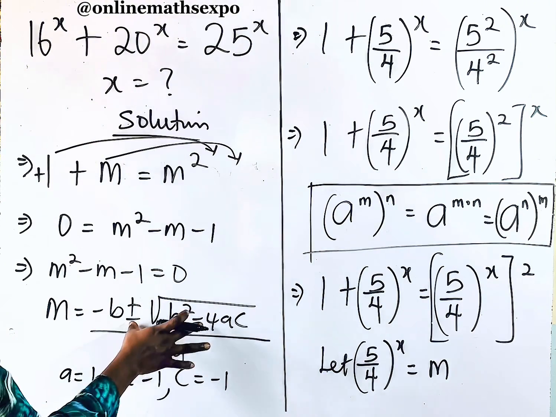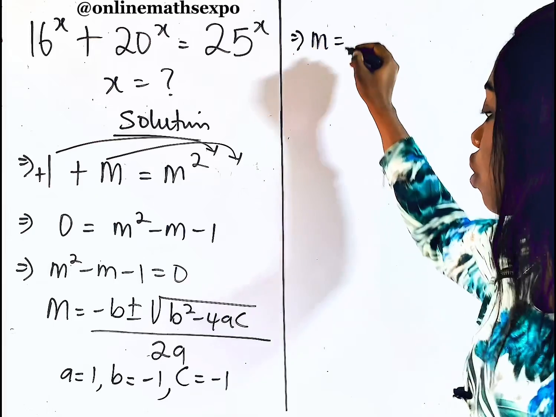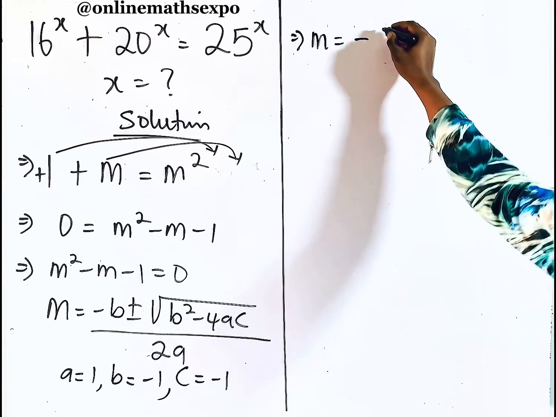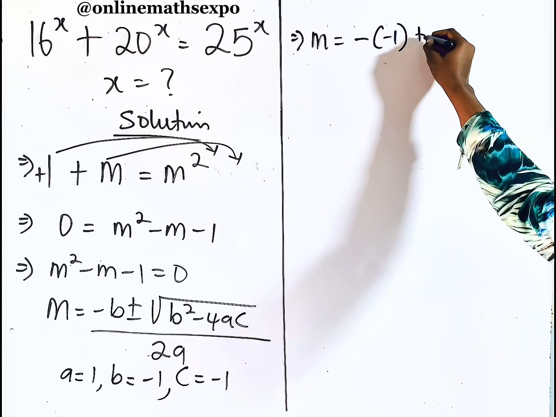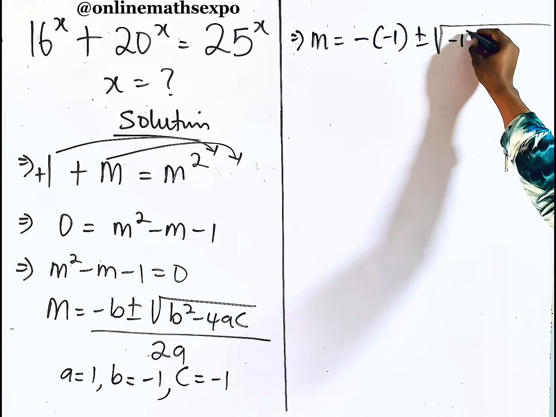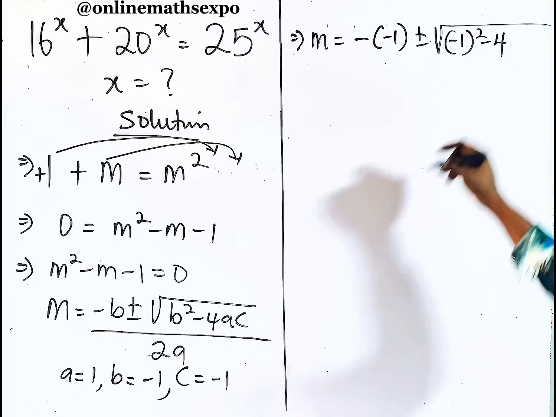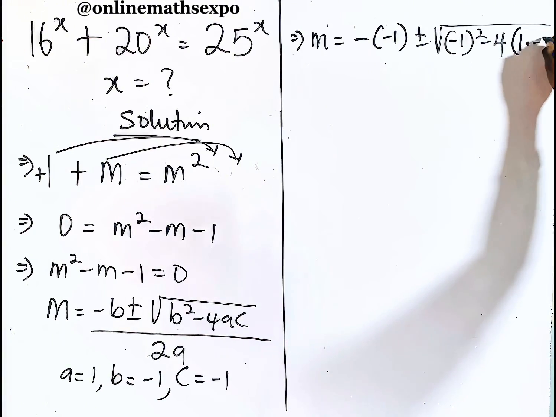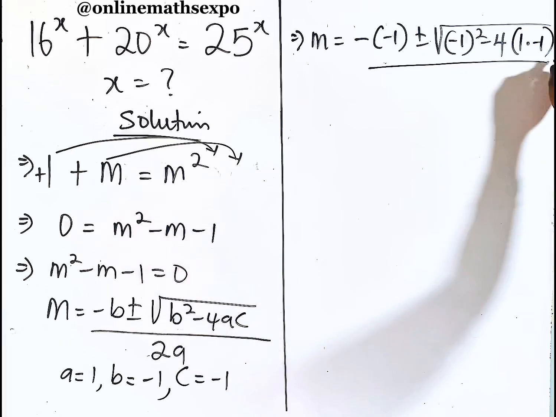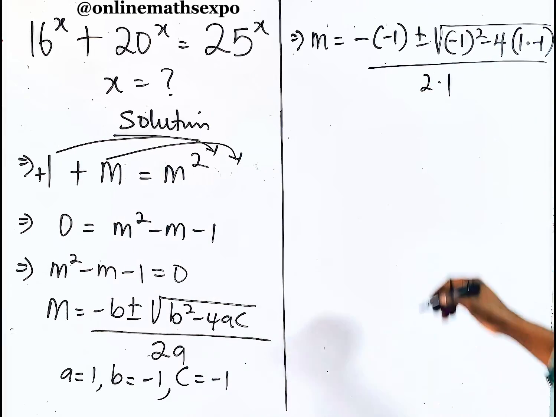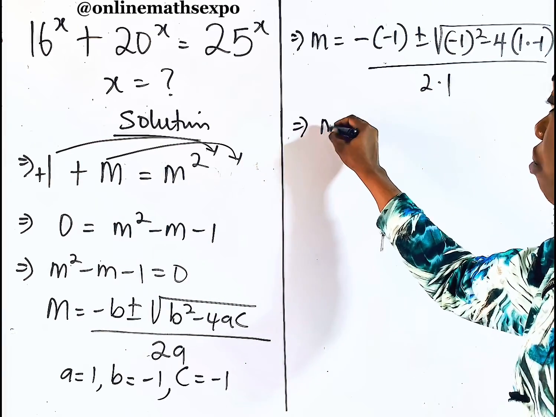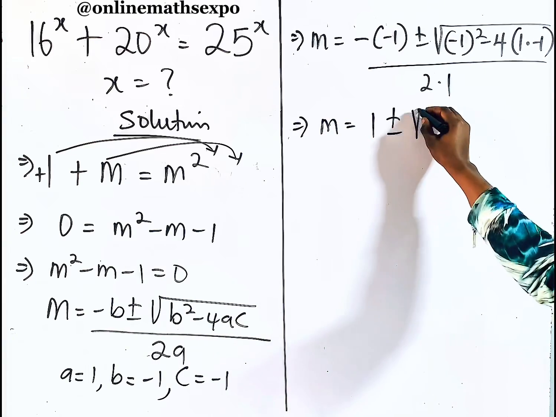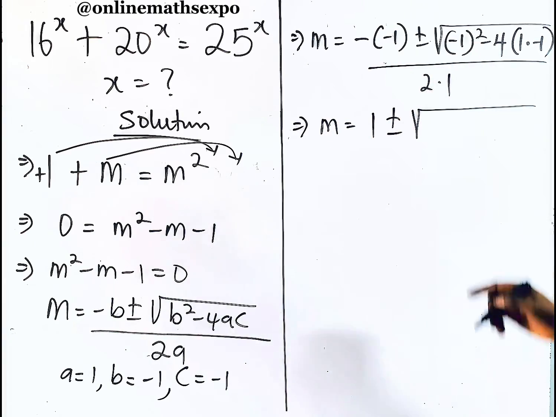So applying this here, we have m is equal to negative, our b is negative 1. So we have negative 1 plus or minus square root of negative 1 squared minus 4. A is 1, c is negative 1. So we have 1 multiplies negative 1, divided by 2 times 1. Keep solving. m is equal to, this will give us positive 1 plus or minus square root, negative 1 squared